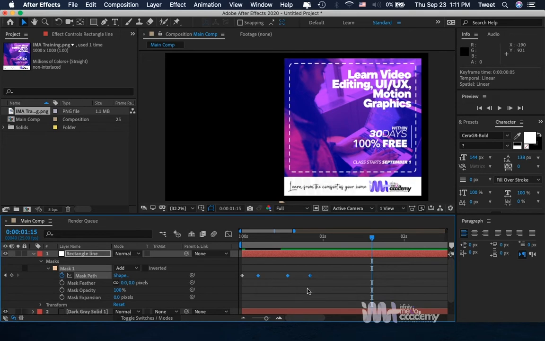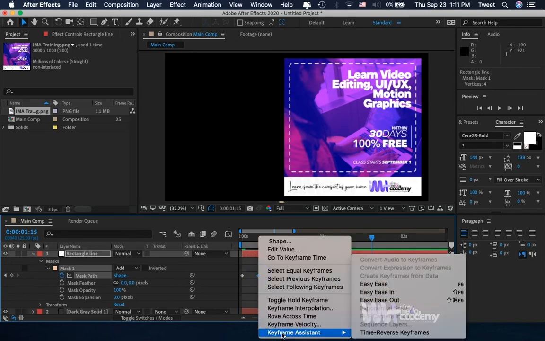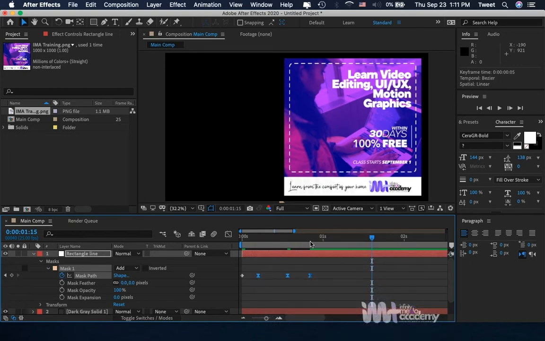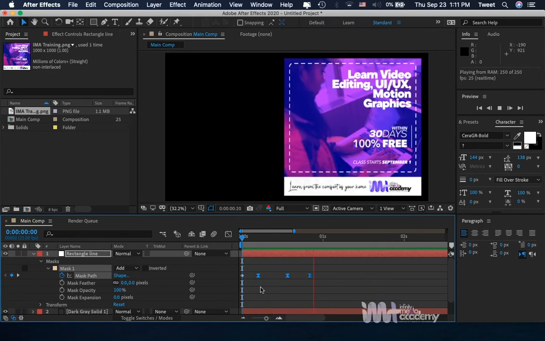So I'm going to set the easy ease option for these three keyframes that I have here so the animation will be smooth. So I'll right click while I have the three keyframes selected and I'll go to keyframe assistant and I'll click easy ease. All right. So now I'll play back to see what it looks like. All right. So now that we have this done,